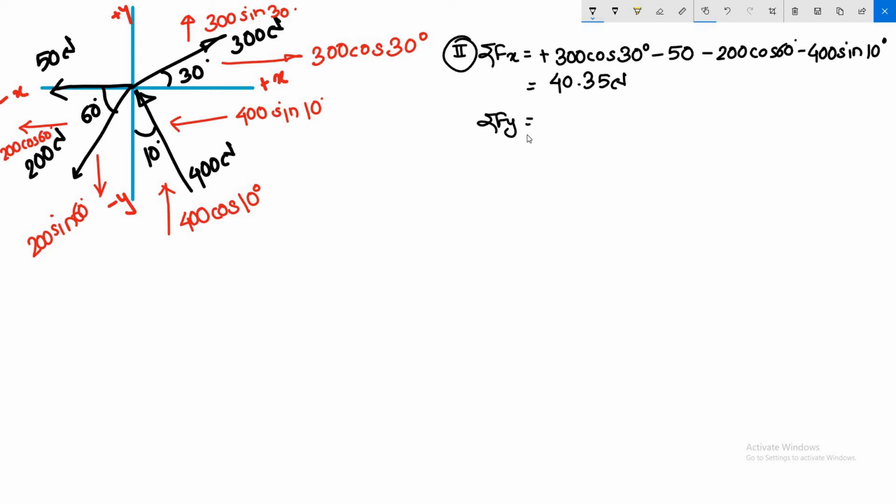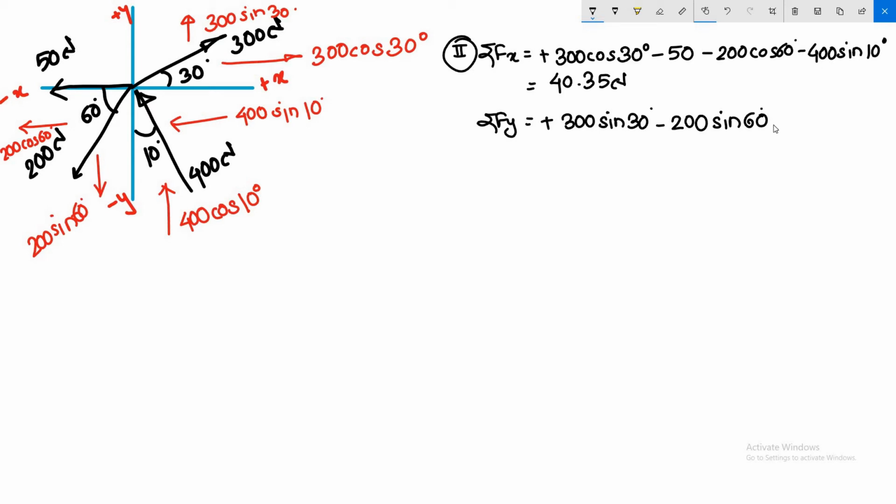Alright, then similarly we can determine the value of Fy, and we will be picking the components or forces which are directed toward positive or negative y-axis. So the first component comes here as plus 300 sine of 30, and the sign associated with it is positive because the component is pointing toward the positive y-axis. Alright, then in second quadrant no force or component is there. In third quadrant we are having 200 sine of 60, and since it is in downward direction we will take it as minus 200 sine of 60 degree.